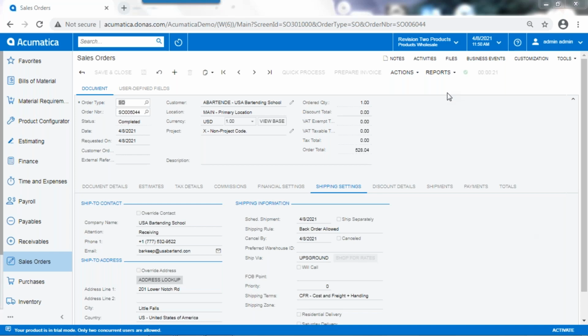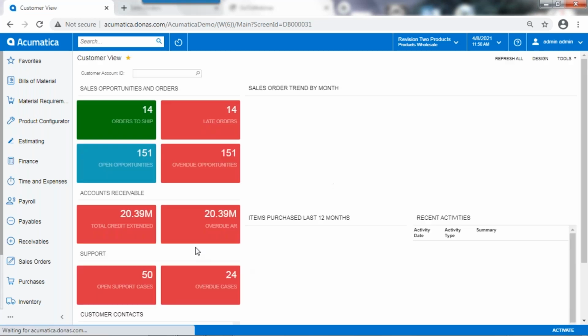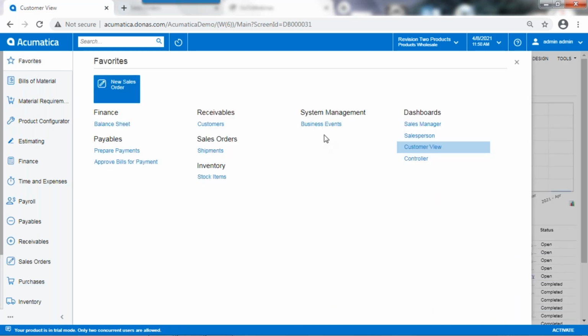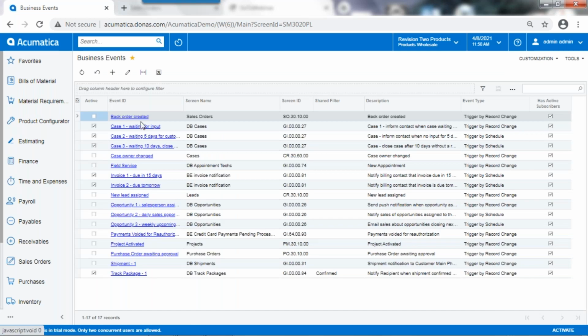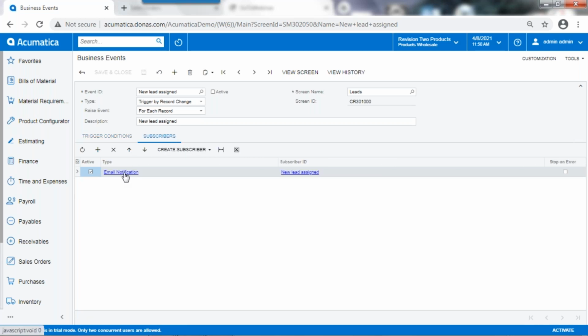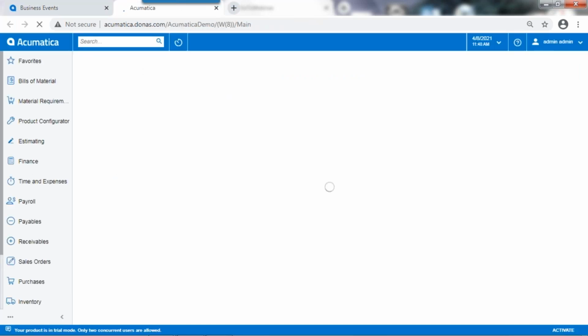One of the other things that I wanted to talk about briefly is notifications. Within the system, I keep talking about notifications for this, notifications for that. Within the system, we have what's called business events. In these business events, we define things that are going to happen or when they're going to happen. So for instance, new lead assigned, there's one I'd pick. Under new lead assigned, you determine what are all the different things that happen with it. And if I look at subscribers, for instance, email notification,